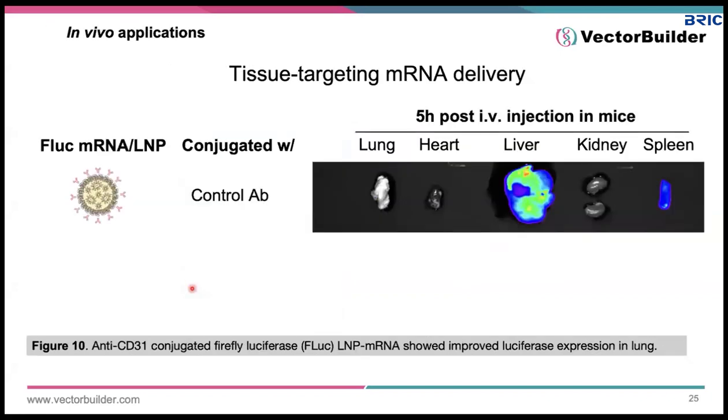And we also try to deliver tissue-specific mRNA delivery. To do that, we generated a luciferase mRNA and also encapsulated it in lipid nanoparticle. We conjugated a control antibody on this lipid nanoparticle that targets no antigen in mice. After injecting this lipid nanoparticle in mice, you can see that there is a good amount of expression in liver and spleen, which means that most of the lipid nanoparticles are trapped and also transduced in liver or spleen